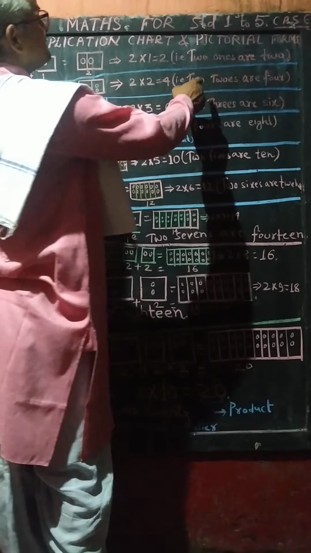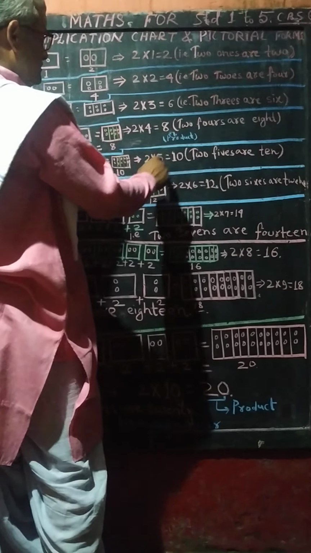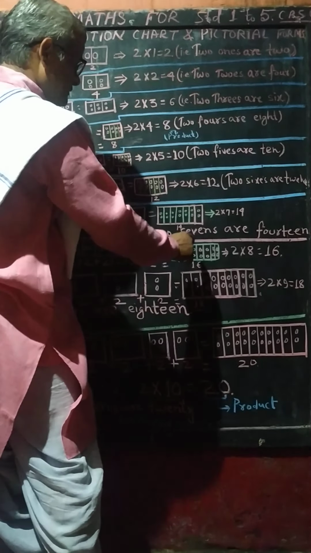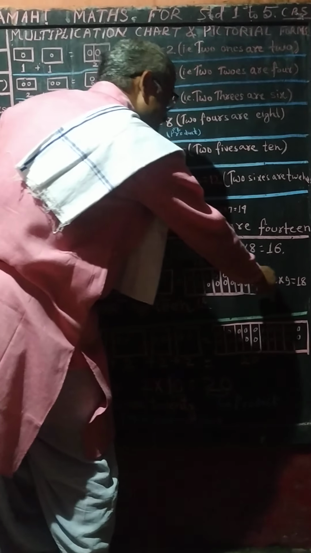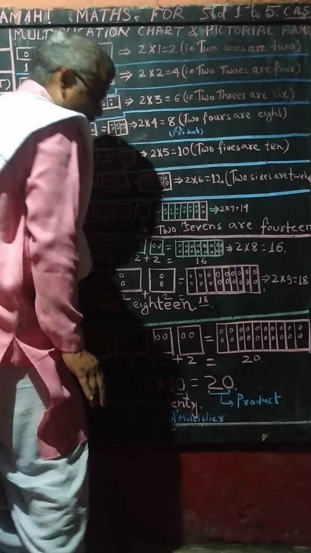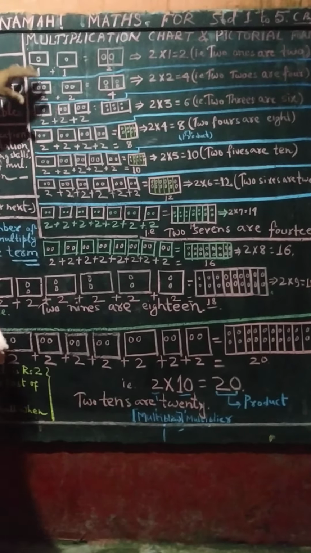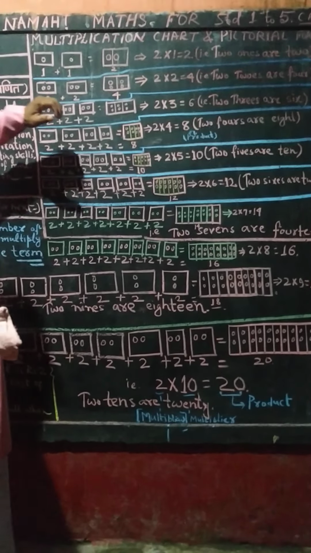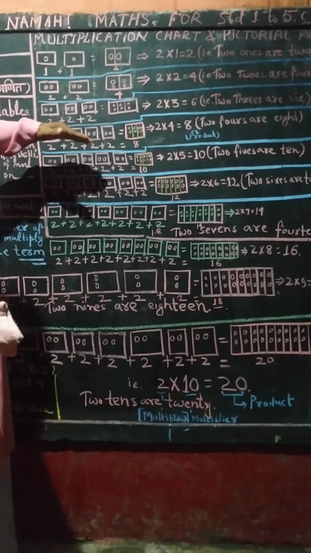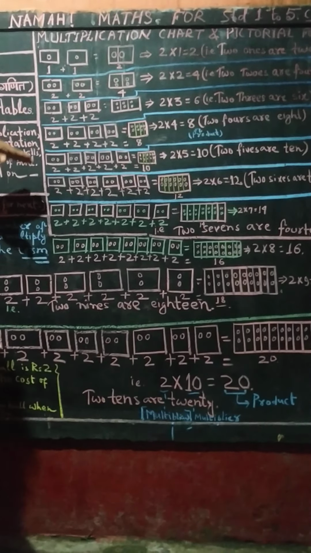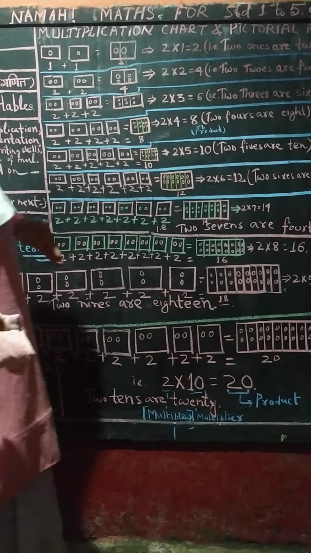But in English, it is read as 2 1 ja 2, 2 2 ja 4, 2 3 ja 6, 2 4 ja 8, 2 5 ja 10, 2 6 ja 12, 2 7 ja 14, 2 8 ja 16, 2 9 ja 18, 2 10 ja 20. To make this concept clear, this pictorial representation helps a lot. So you must draw this diagram in your notebook and get it checked. In this way, you can easily write all the successive